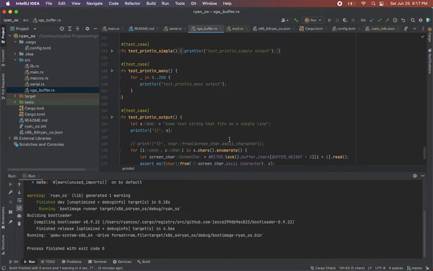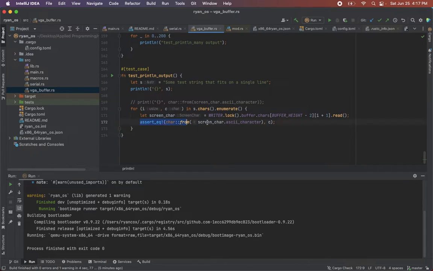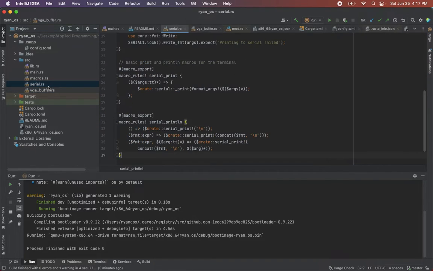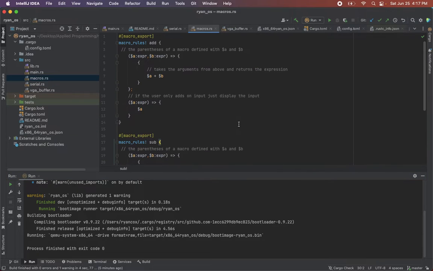Here's a bunch of test outputs. Basically just assertions, make sure that things are working. Had to build all those. Serial, basically the same as the last one, but it's all printing to the terminal instead of printing to the virtual machine. Macros,